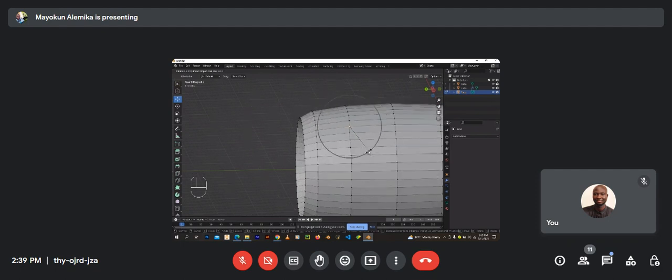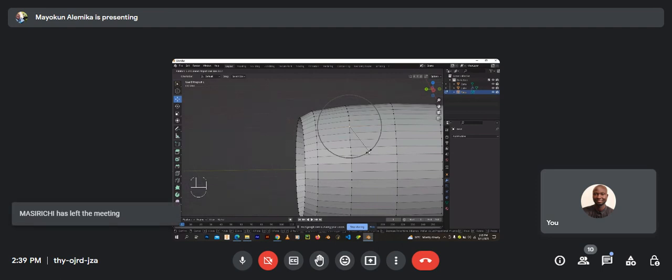Notice that there's a circle that appeared around what I selected. Can you see that, Rufus? Yes, I can. The circle that appeared around it is the circle of influence. Whatever operation I'm doing, whether I'm rotating, scaling, or moving that selected object or point, the influence will be gradually faded off